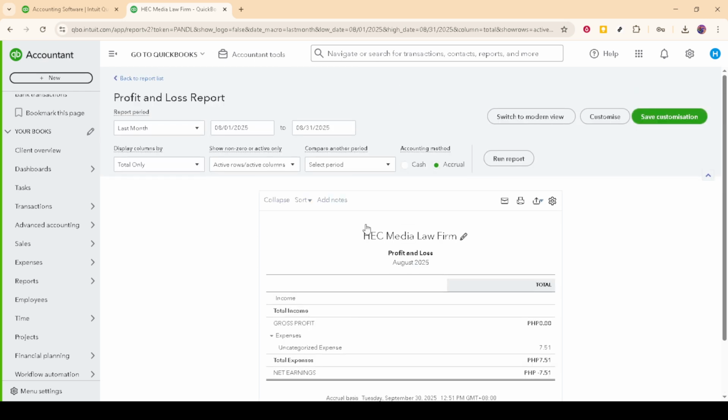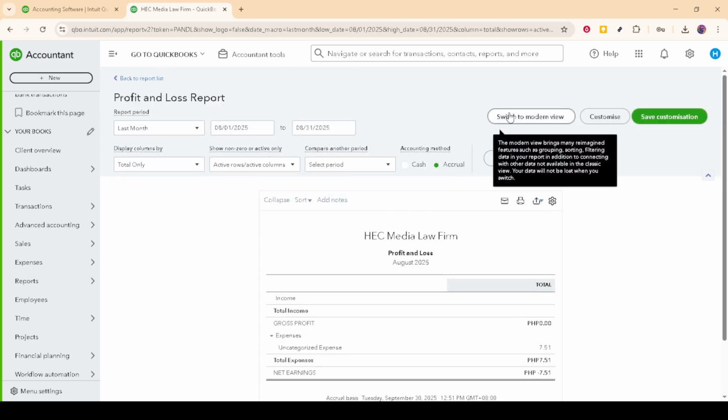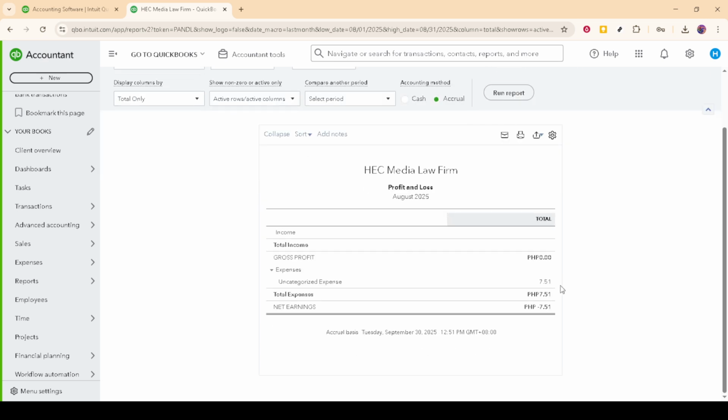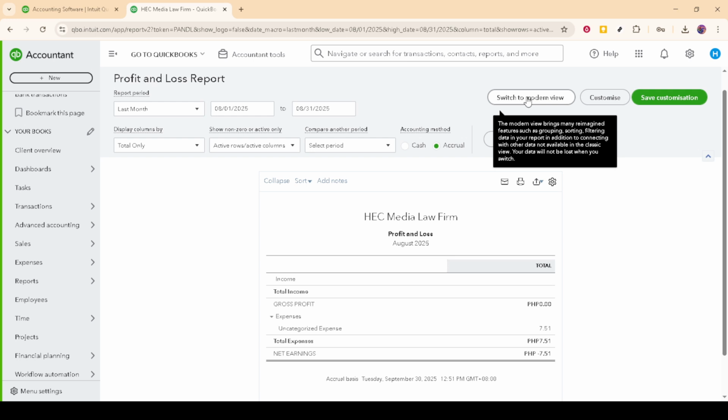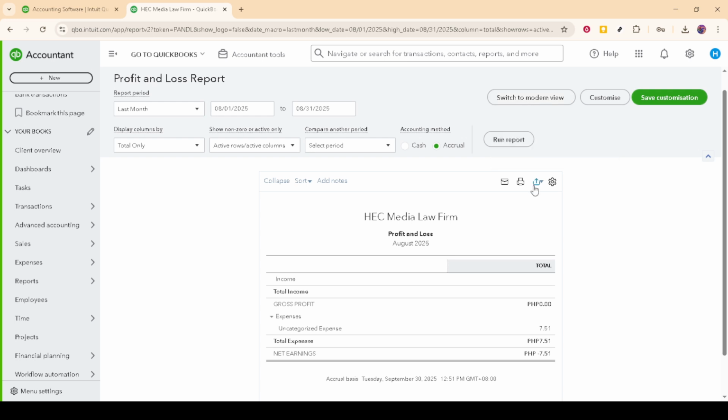Returning to this view can streamline your processes, saving you time as you navigate through QuickBooks Online with the interface you're used to. If at any point you would like to go back to the newer version, you can always find the option to switch views again. These few steps ensure that your QuickBooks experience remains intuitive and efficient, tailored to your preferences. With this setup, you're ready to continue managing your finances with ease and confidence. Remember, keeping your workflow in a style that suits you best is essential in maintaining productivity.